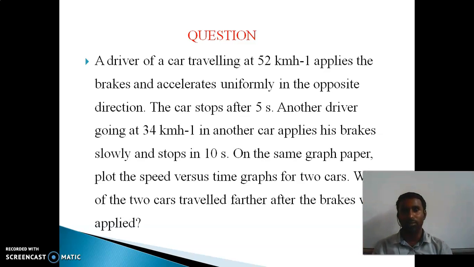As you know, from the speed-time graph, if we find the area under the graph, we can find the distance covered by the object. Remember that. If we find the slope of the line, we can calculate the acceleration or retardation. Acceleration means the graph goes up this side. Retardation means it goes down, which is opposite to acceleration, deceleration.